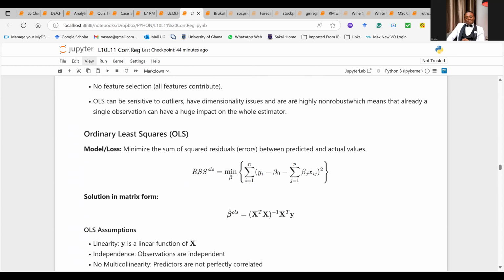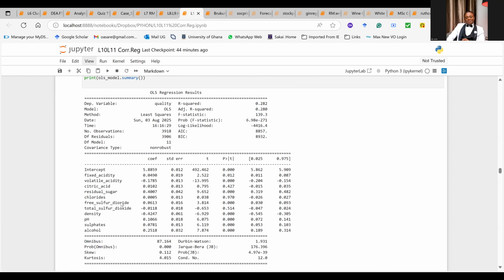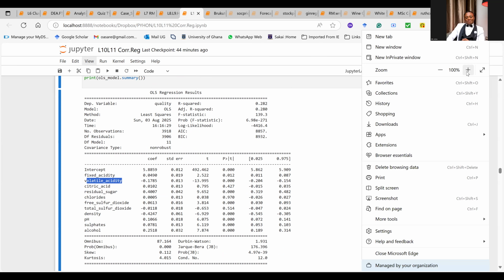Now, for your specific variables, there are many. Some of you have got many variables. So you may have to use summation, just as you see here, where j is from 1 to p, where p is the total number of features. And each of the x_ij is one of the features. In our case, each of the x_ij represents one of the features here. So for example, fixed acidity for the wine, volatile acidity. All of these are examples of the x_ij.